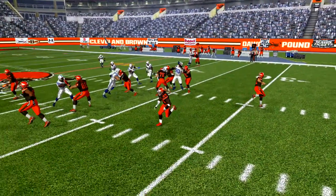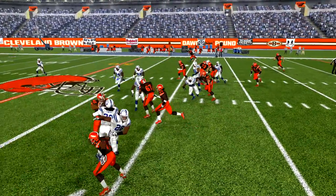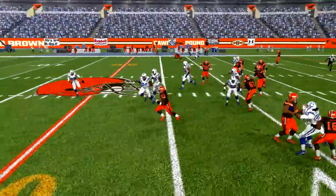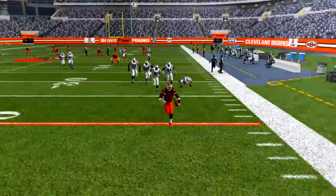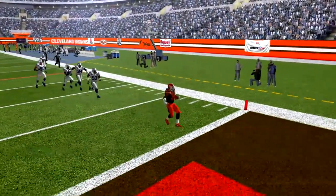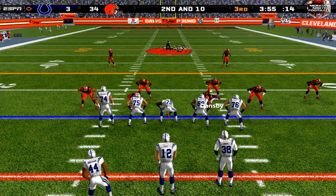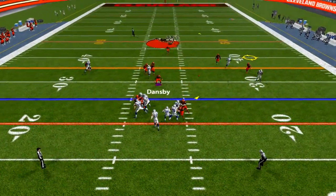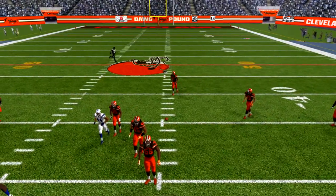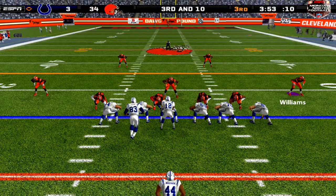Look at the hole that the offensive line made for him. He could have taxied a 747 through that hole, and there was nothing but green going down the rest of the field for him. 34-3, and the rout is officially on. It's now 2nd and 10. Andrew Luck goes back to pass, and it's incomplete. Now on 3rd and 10,